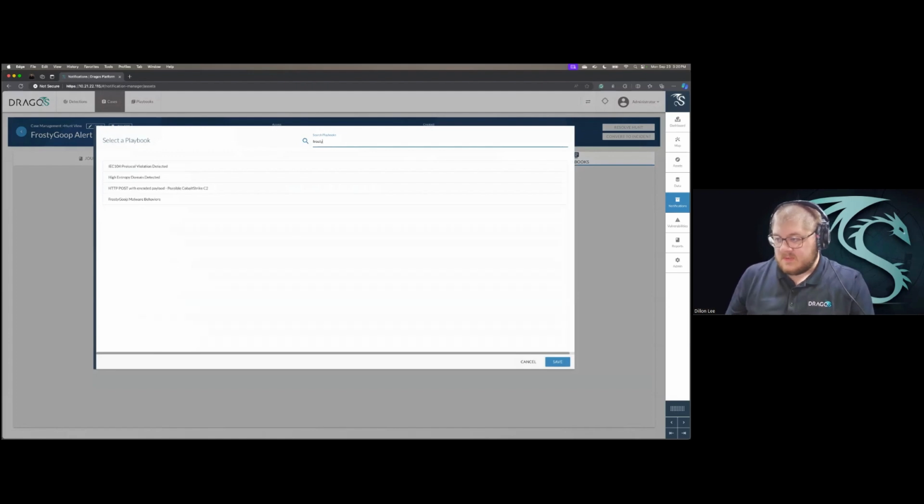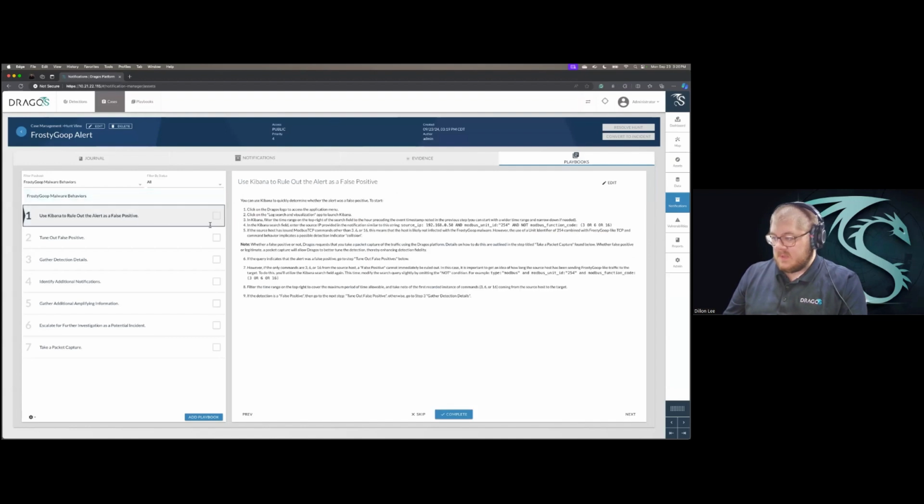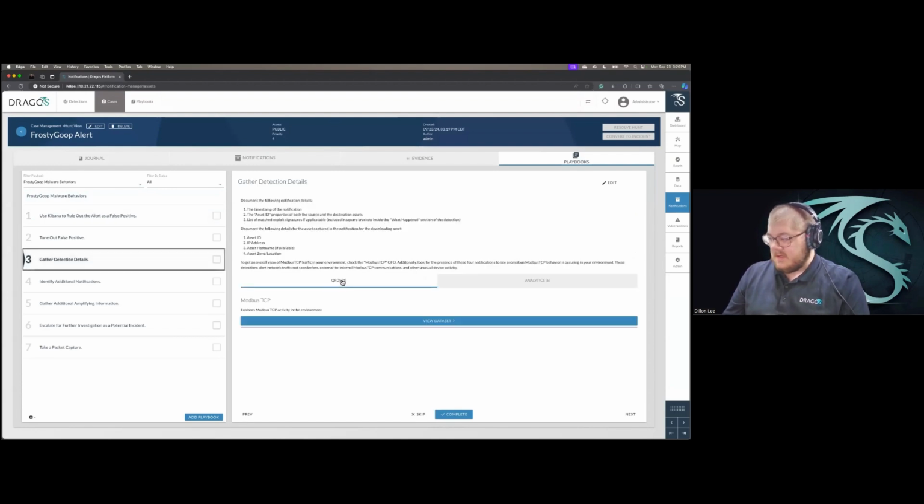So for Frosty Goop, we have a malware behaviors playbook. And when we add it to the case, it gives us all the information to go through and help triage that notification. So here it kind of gives some background on it. It gives the worldview and the public resources that Dragos has released. We can go through and see some queries that are in the platform to query against some of the alert types. There are query-focused data sets, which are pre-built queries in the platform that will help you identify different types of traffic